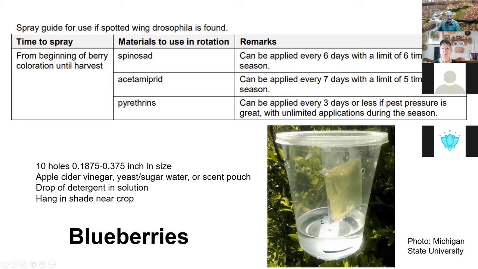And in the vinegar, we might put a little bit of dish detergent, so when those insects come in, they get in this water, and we can actually monitor and see how much of a fly population, one, are we even catching the Drosophila? And if we are, what kind of numbers? And that's going to tell us whether or not we need to spray, because when it comes to spotted wing